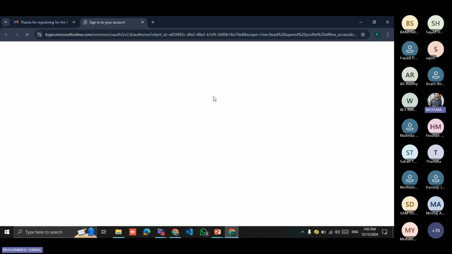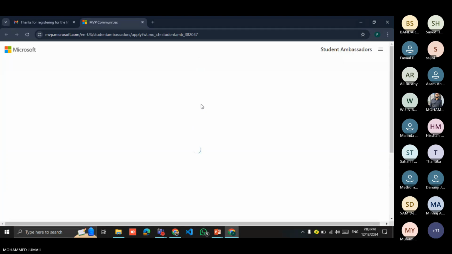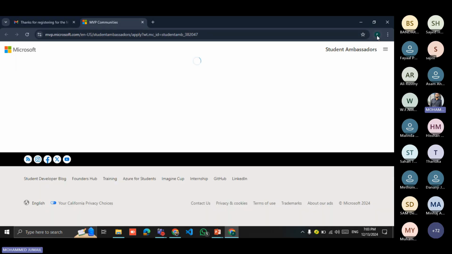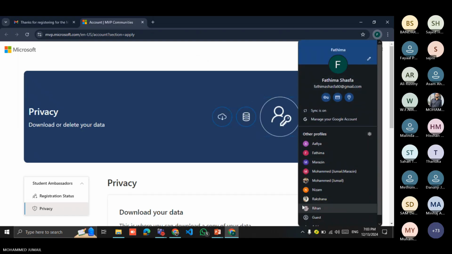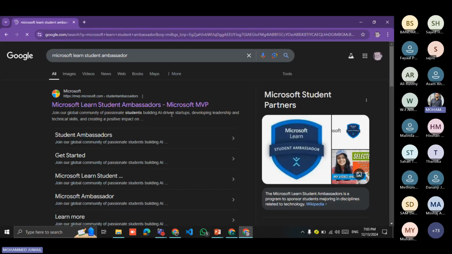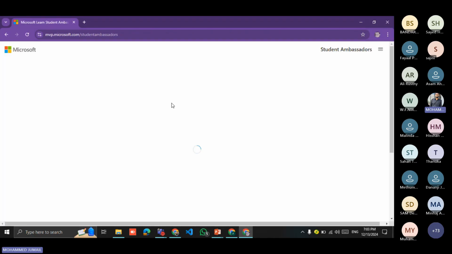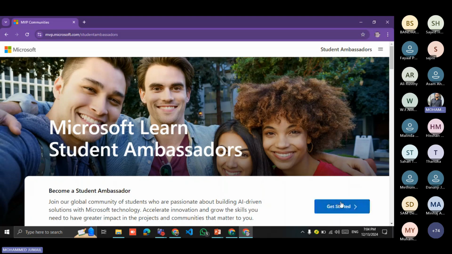This is the interface of the Microsoft website. Once you go to this website, you click the link of the Microsoft. Now click the Get Started button.